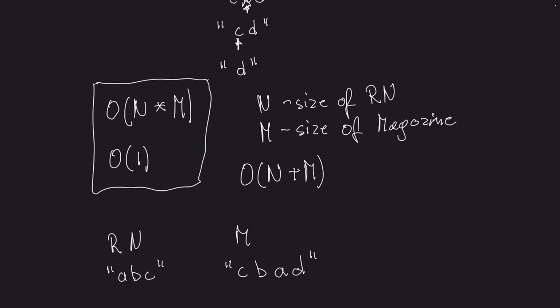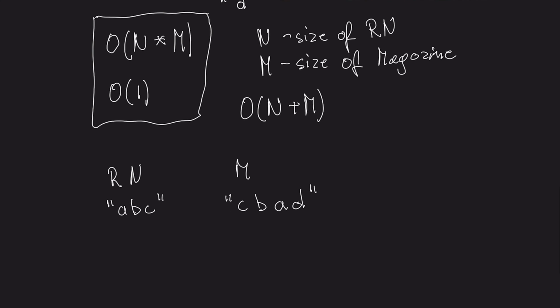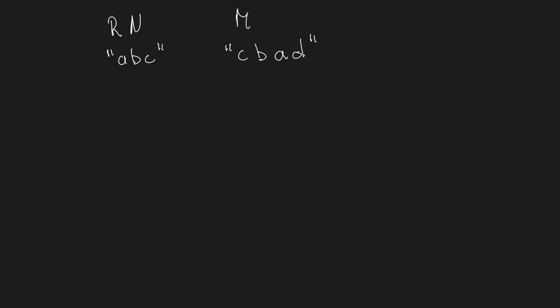The brute force solution works, but we can improve time complexity by doing the following. We can pre-scan the magazine and store the information of what letters are in the magazine and what is their frequency. To do that, we can introduce a map. The map will be from the character to the integer. The key in the map will be a character in our magazine, and the value will be how often it appears in the magazine. So if we were to scan this specific magazine, we would get C1,